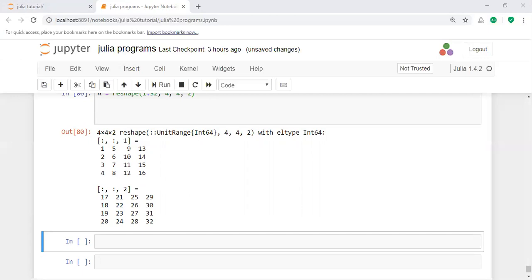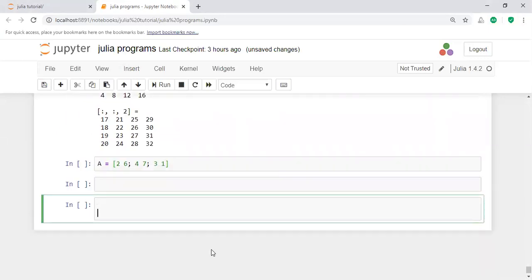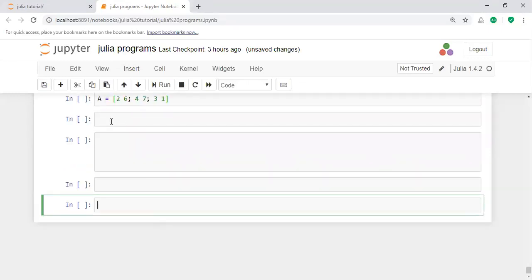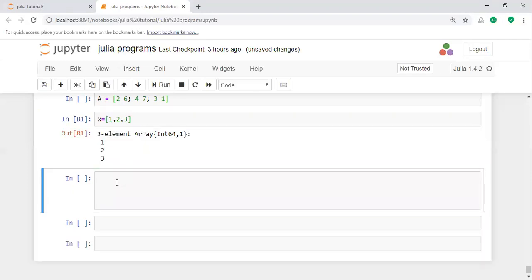Here, I have some data and I want to access the data. Already you have accessibility there. For example, you have some data here. How can you access this particular data? For example, x equal to 1, 2, 3. I want to access the values in a particular array. How can I access the values here?